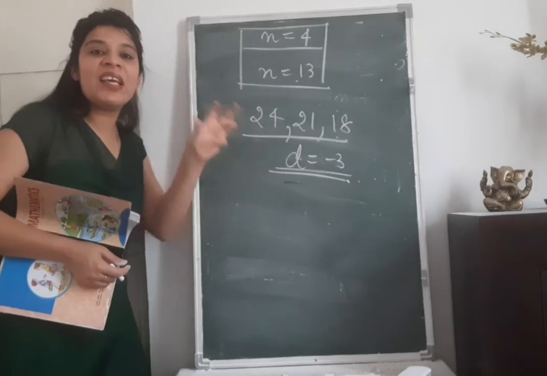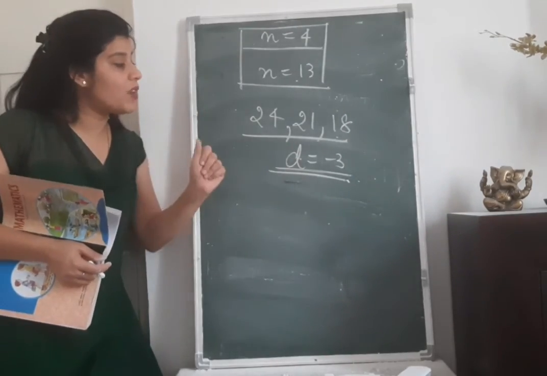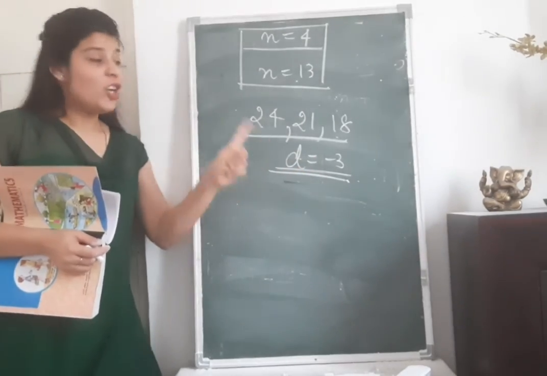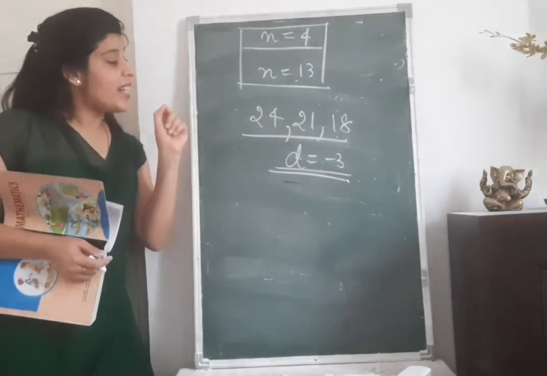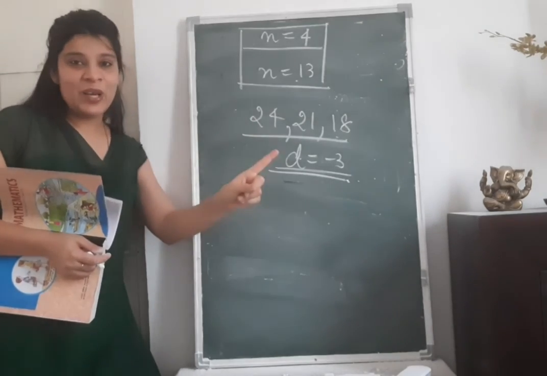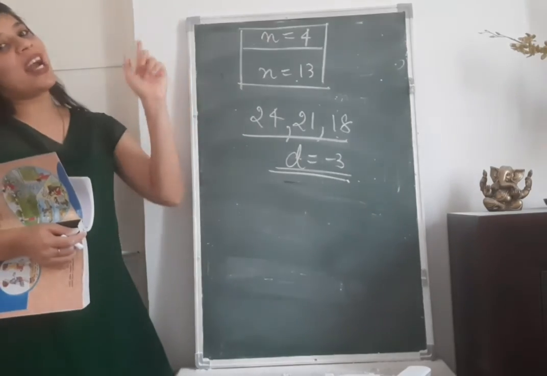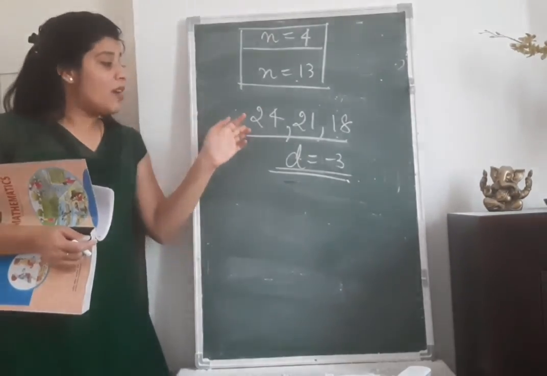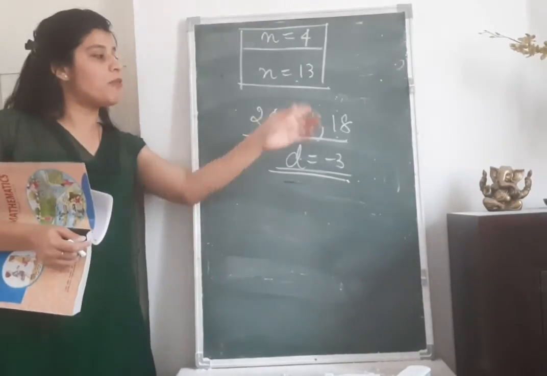Because in between the series, there will be some negative terms. Why will there be negative terms? Because the common difference for the series is negative. So in the middle of the series, there are going to be some negative terms. And as there are some negative terms in this series, while adding all those terms, a few of them are going to get cancelled with one another, right? So if I add the first 4 terms, I am just adding the 4 positive terms of the series, which will give me a sum of 78.